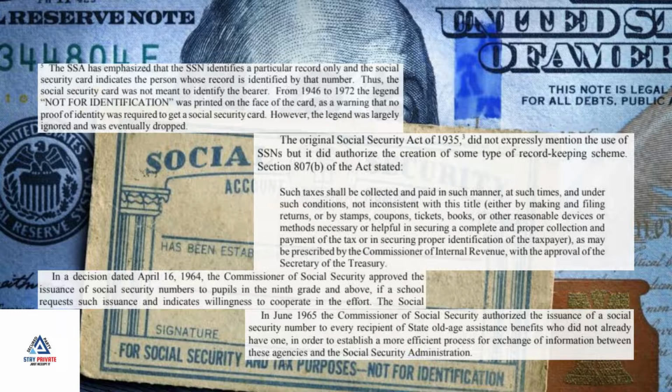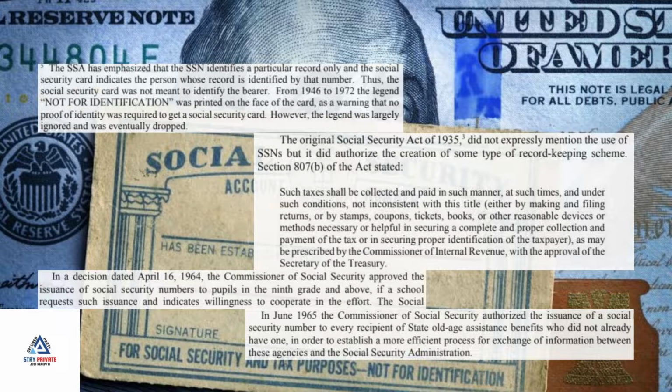The original Social Security Act of 1935 did not expressly mention the use of Social Security numbers, but it did authorize the creation of some type of record-keeping scheme. In a decision dated April 16, 1964, the Commissioner